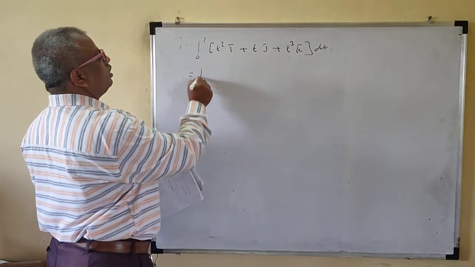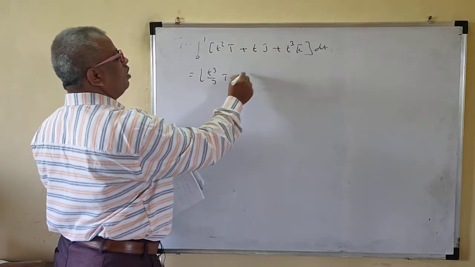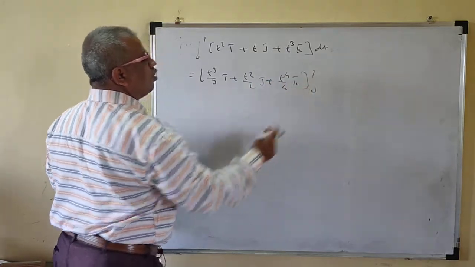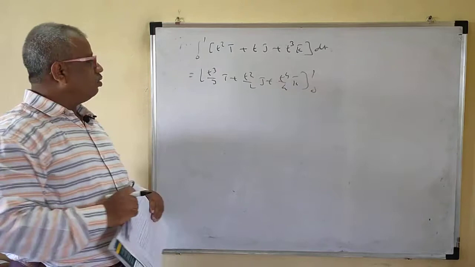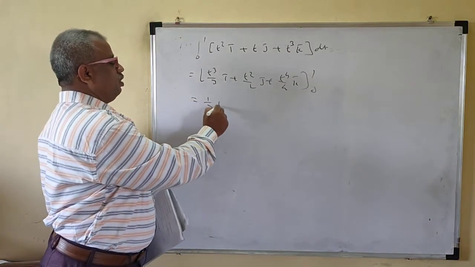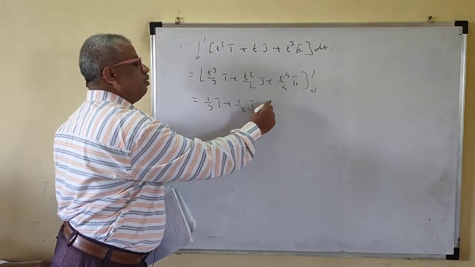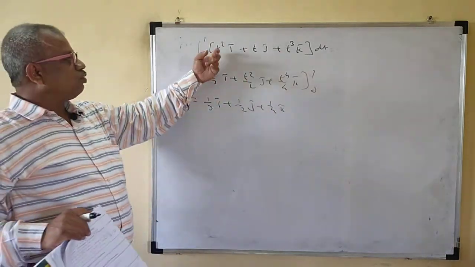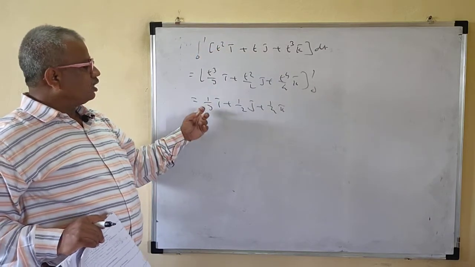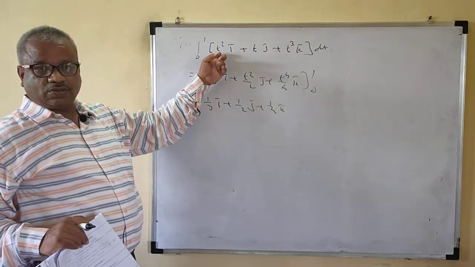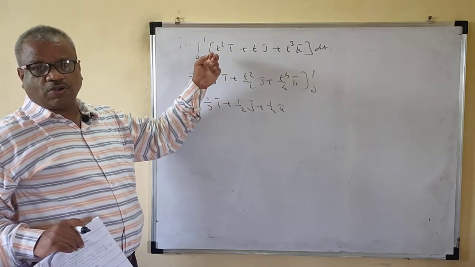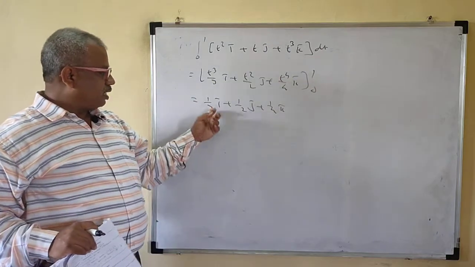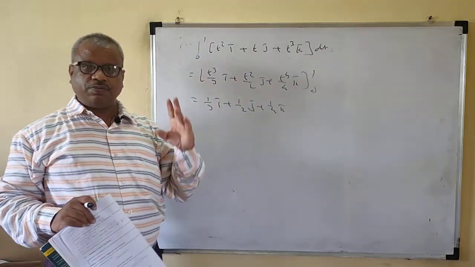So this is t cube by 3 i bar plus t square by 2 j bar plus t raised to 4 by 4 k bar, from 0 to 1. If you put the lower limit, it is 0, so you have to put only the upper limit. So this is 1 by 3 i bar plus 1 by 2 j bar plus 1 by 4 k bar. Easily see, this is the power of t only, so you increase the power and divide by it. Just look here, t cube gives 1 by 3, limits are 0 to 1 only. So that means 1 by 3, 1 half and 1 by 4, and that option will be the correct option.